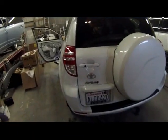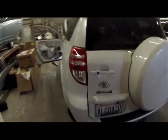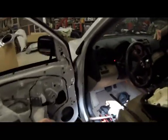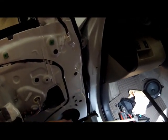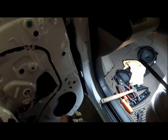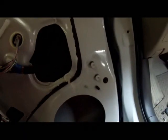I'm working on a 2013 Rav4, and the designers, in their infinite wisdom, designed this rig with this door check that keeps the door from opening too far. But if it gets caught in the wind, it breaks. When it breaks, it bends, and when it bends up inside the door,